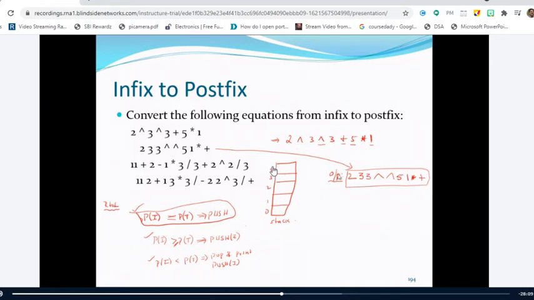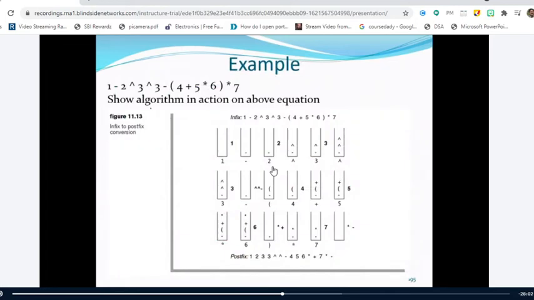Yes, sir. Right. The last example we are going to deal with in this infix to postfix expression is this one. We have the solution also, but let us try to solve it on your own. What is the first token? 1. Since it is an operand, place it in the output. Let us take the output here. And what is the next one? Minus. Since the stack is empty, you push the minus onto the stack.